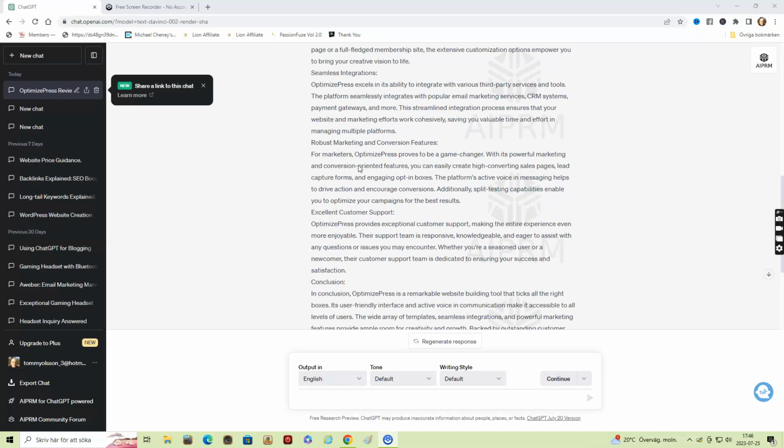Don't copy and paste this text directly into your blog post, because Google and other search engines may notice that you have used a bot, an AI bot, and then they will not rank your content. Instead, you need to paraphrase your text. I have done a tutorial on a free bot called Quillbot, a tutorial about using that when creating blog posts with ChatGPT, and I will leave it as a thumbnail at the end of this video.